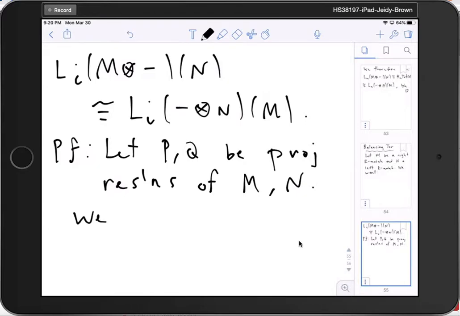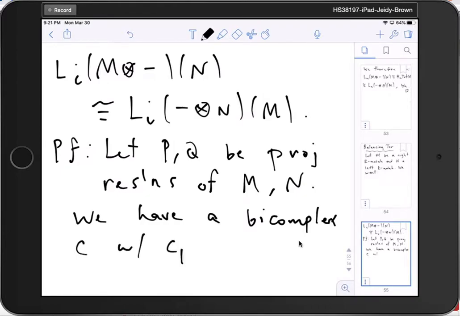Then we have a bicomplex, in fact, a first quadrant bicomplex C with C_{p,q} equals P_p tensor Q_q,